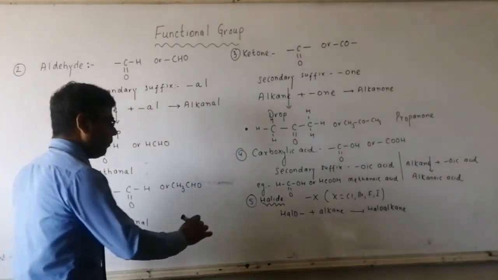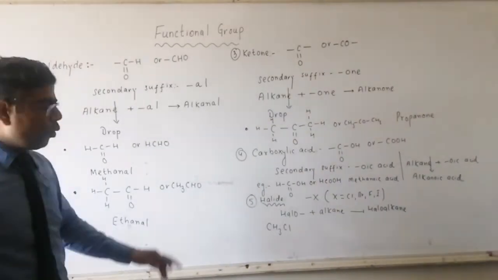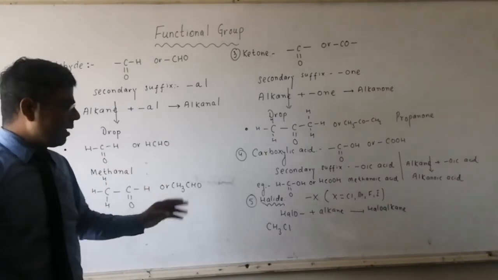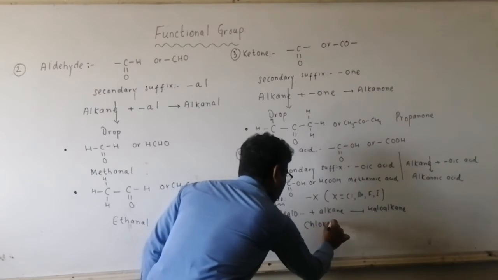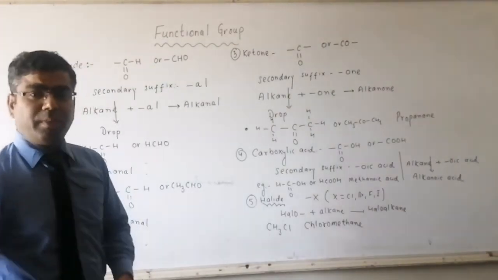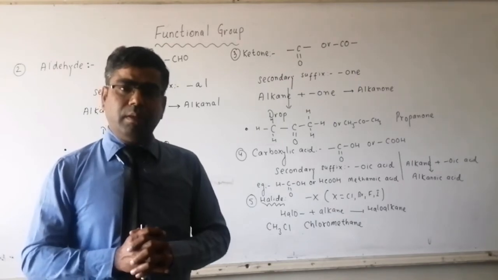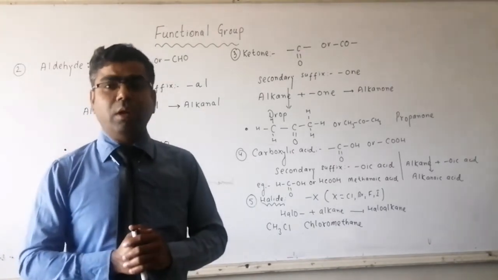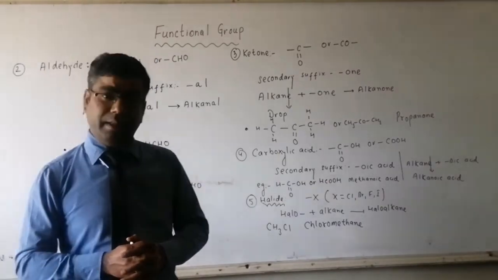Let us see one example. So if I am writing CH3Cl, chlorine is there with 1 carbon. So halo will be your chloro, and for 1 carbon alkane will be your methane. So this compound is called chloromethane. If Cl is replaced by F, it will be CH3F. Compound is called fluoromethane. If we have Br here, it will be CH3Br. Compound is called bromomethane. If X is I, it will be CH3I, which is called iodomethane.